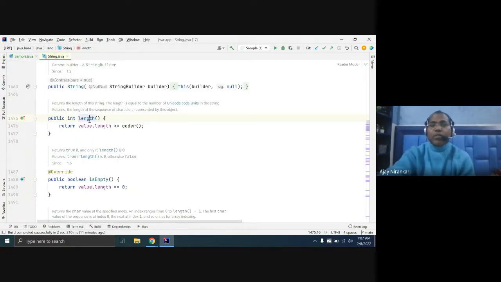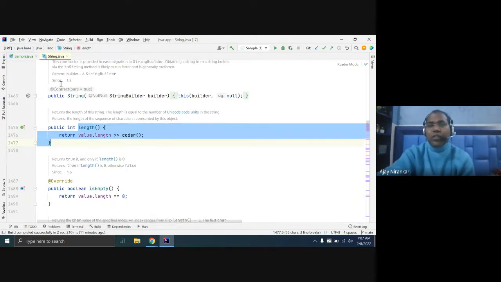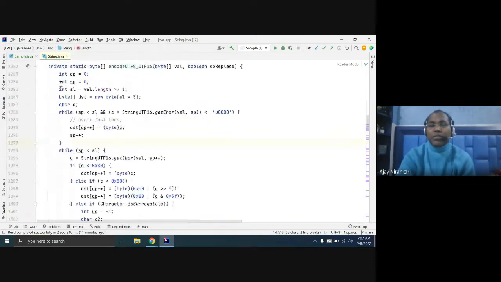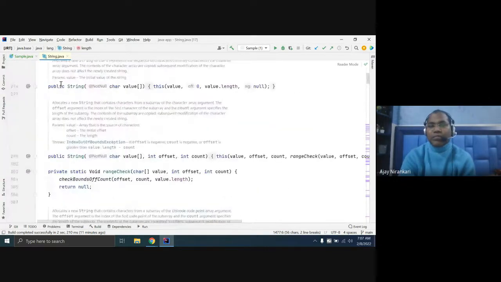Length is a public function, so you can access it. You can override it, but for overriding you need a subclass. Since the String class is final, you cannot make any subclass here, so you cannot override it, even indirectly, right?